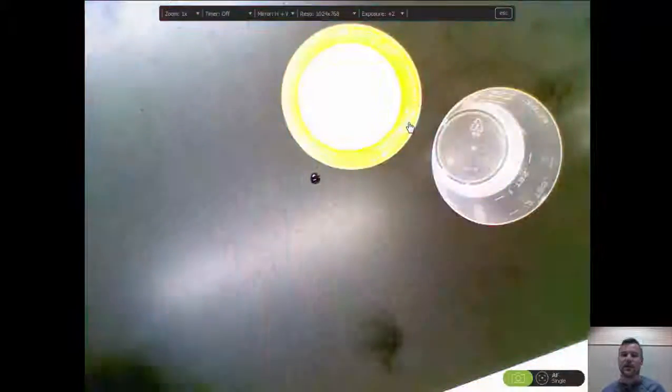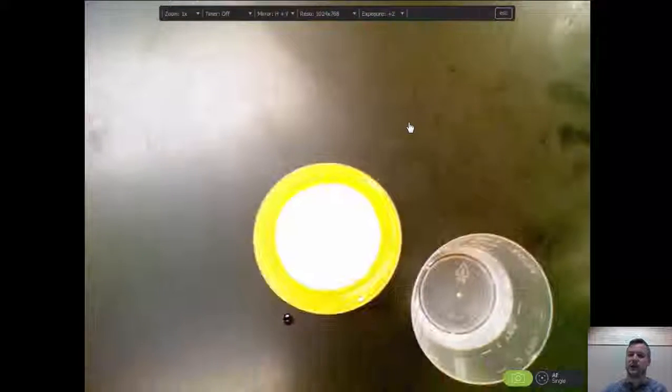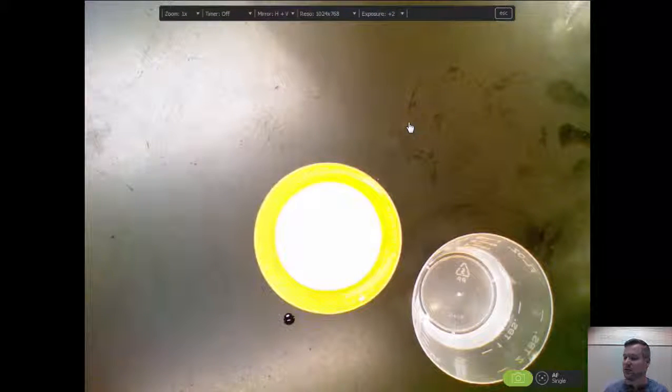Brand new substance there. This substance has new properties. It's yellow, it's a solid, and that's going to be a chemical change. It would be very difficult for me to undo that chemical reaction.